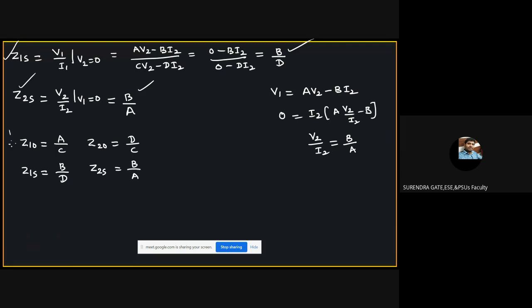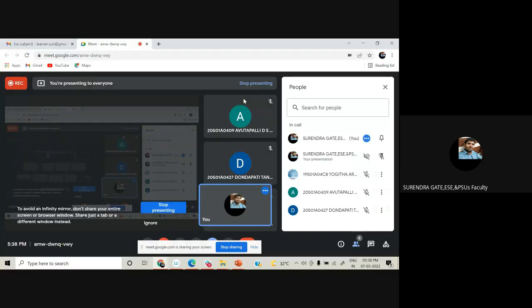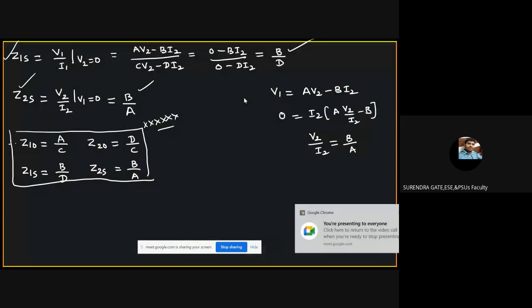All these are the open circuit and short circuit impedances at port 1 and port 2 respectively, in terms of ABCD parameters. Yes, clear? Any doubts, friends? Yes. Now, sometimes it is asking